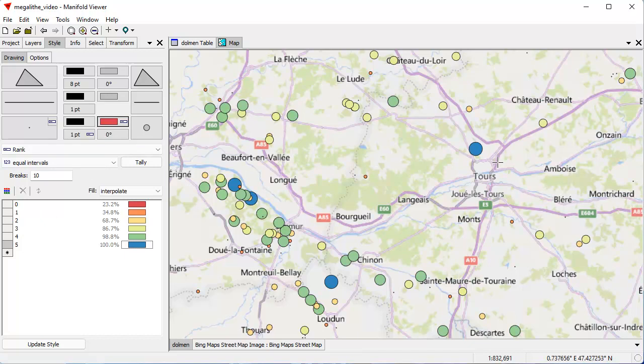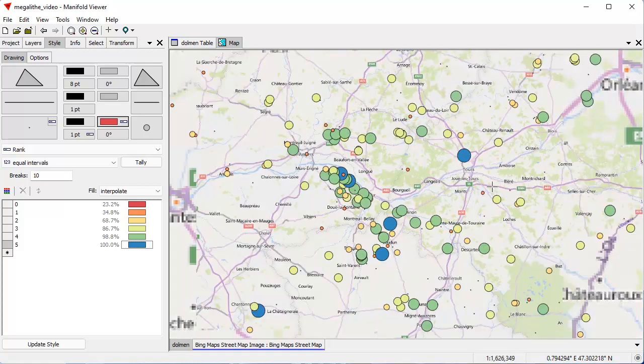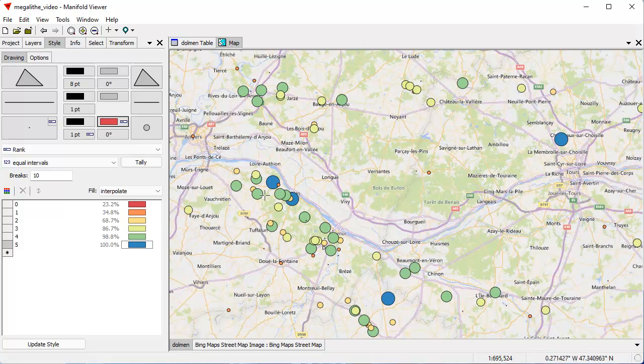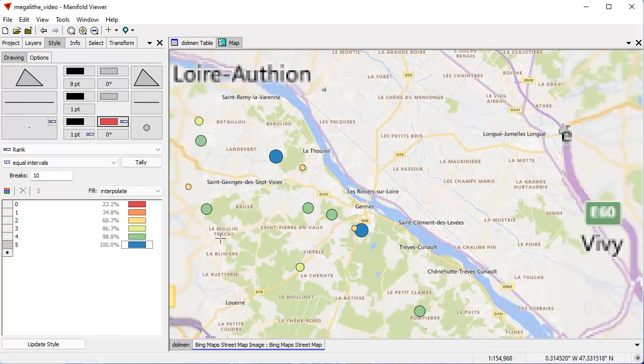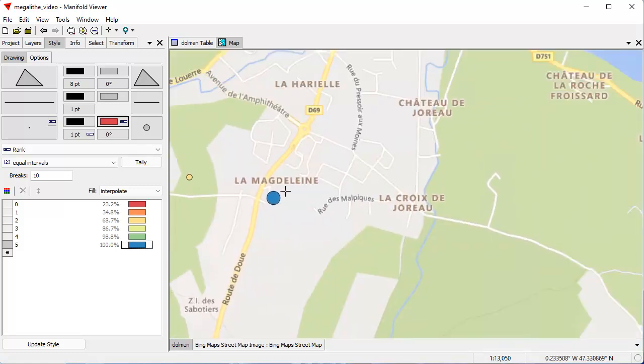So this now gives us a chance to immediately take a look at where we might be going in France. For example, if we're visiting the Valley of the Loire, and we're visiting some of the famous chateaux along the Valley of the Loire, we can zoom in here and take a look at some of them. For example, here's a big, super famous dolmen that we looked at in the prior